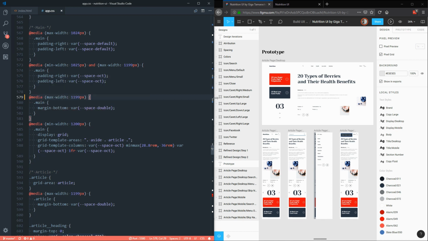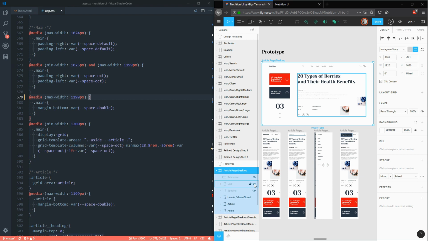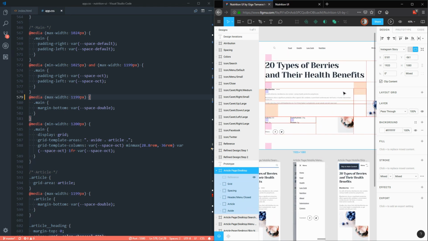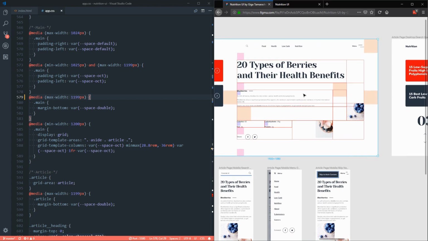And next, let's turn our attention to the desktop layout for the article section. In order to help us out as a visual aid, let's turn on our grid layer and our spacing overlay to dissect the layout that we're going for. Let me zoom in here so we can inspect this further. And I'm going to hide the toolbars so that we can take a look at this design in more